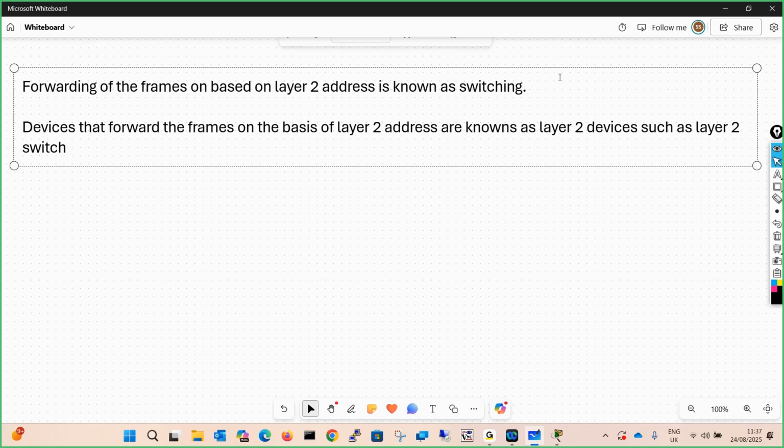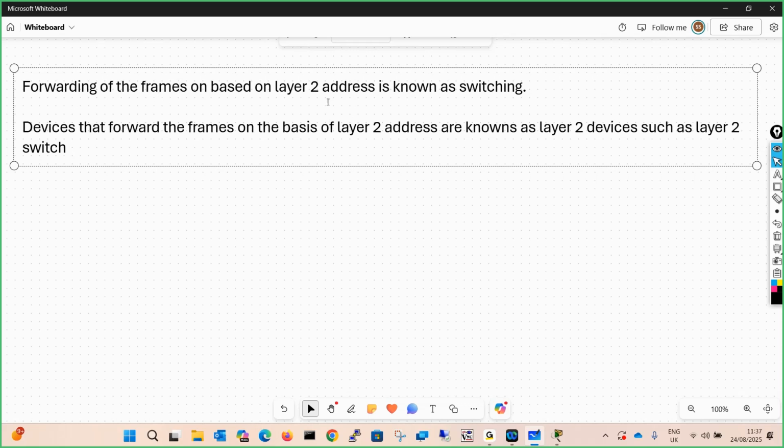So the very first thing you have to understand is forwarding of the frames. When the frames are forwarded on the basis of MAC address, it is called switching. Similar to the router, when forwarding of the packets is done on the basis of IP address, it is known as routing.